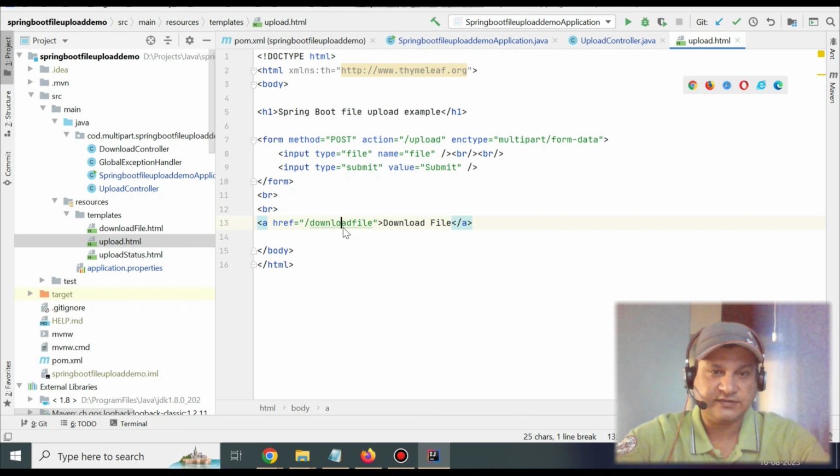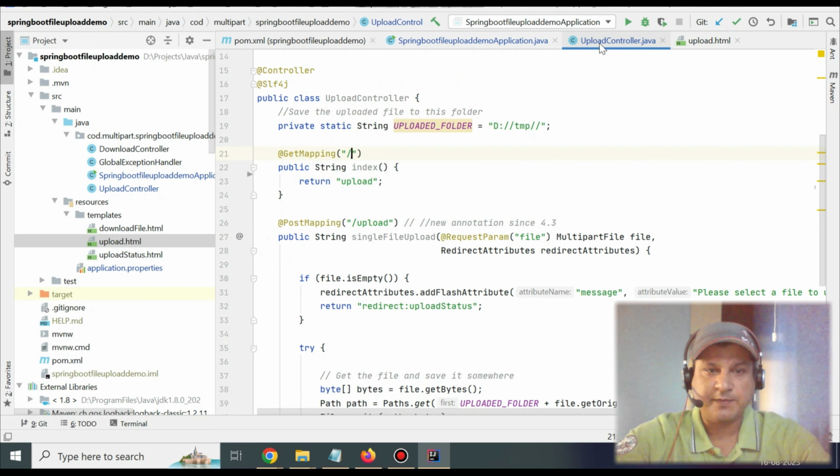And the path is slash download file. Got it, friends? So very simple HTML. It just has a simple form. I'll show you when we run it how it will look in a web browser. Coming back to the upload controller,